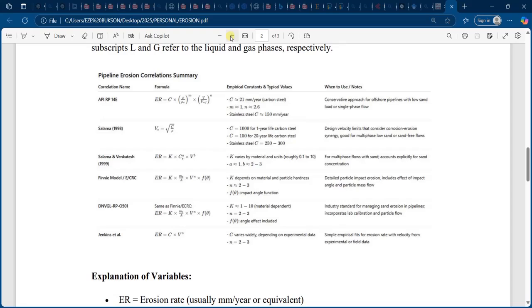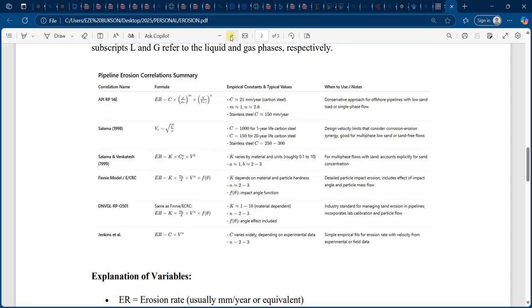And you also have the formula on the screen. Then you have the Salama and Venkatesh, right? You also have the DNVGL-RP-0501. You have Jenkins et al. So you can actually do well to pause the video to look at this table properly and also know when they are used. So we also have a column that guides you on when to actually use which of